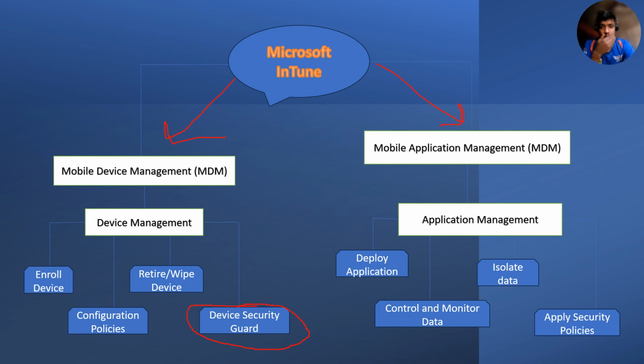And in application management, we have four areas. First is deploy application, then control and monitor data, isolate data, and uninstall or retire the application. If we no longer need the application in the organization, we can retire and uninstall the application also. Okay, so next is